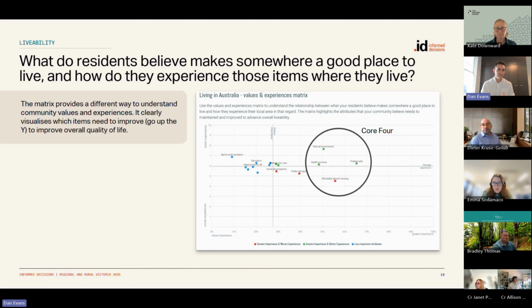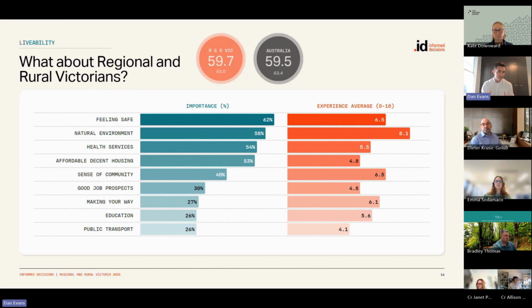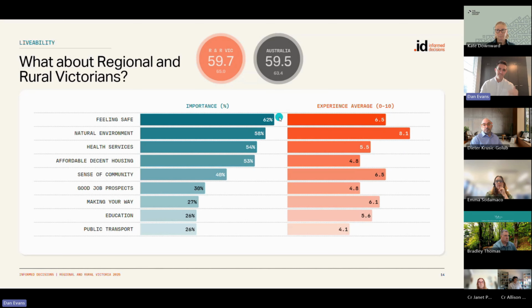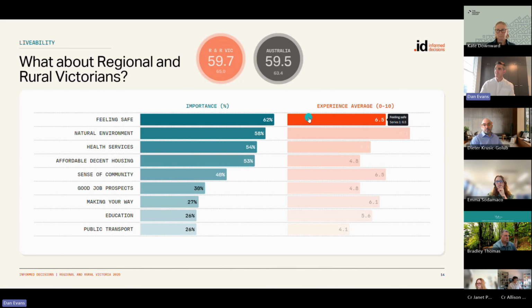But what about regional and rural Victorians? There are 632 regional and rural Victorians who completed our survey. When we look at their values and their local area experiences, and I've just got the top few here, feeling safe is the most important thing, followed by access to nature, followed by high quality health services, followed by affordable, decent housing, and then a strong sense of community. Then we look over on the right-hand side at experiences: 6.5 out of 10 for feeling safe, 8.1 out of 10 for access to nature, 5.5 for high quality health services, and 4.8 out of 10